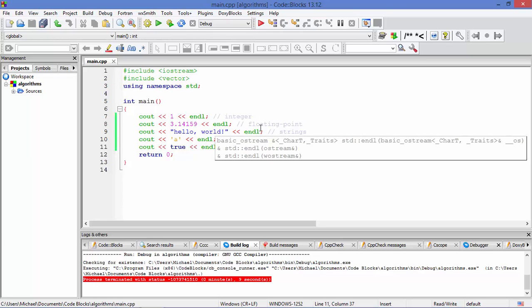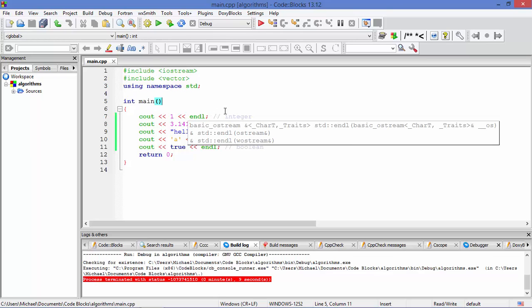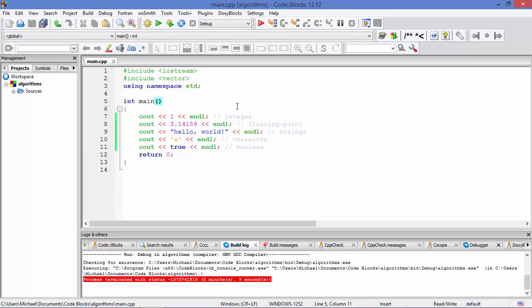So that's just kind of an overview of the data types that we're going to work with. That's not every single one, but those are the primary ones that we're going to be using, especially at the beginning. And later on we'll talk about how we can work with more data types, but these are the primary ones. So with that, we're going to move to the next lesson where we're going to talk more about the numeric values that we'll be